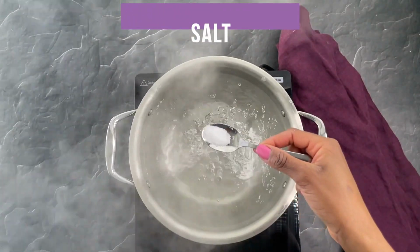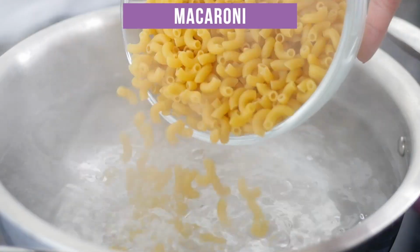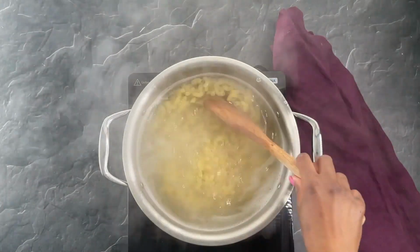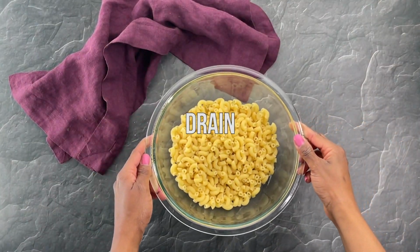So first you're gonna boil some water and cook your macaroni in accordance with the package instructions. I'm using 8 ounces of elbow macaroni here. And once that pasta has cooked, you want to drain it in some cold water and dry it completely, and